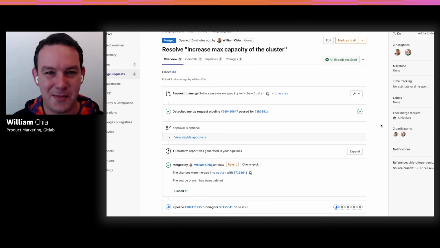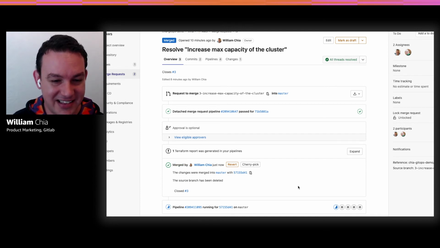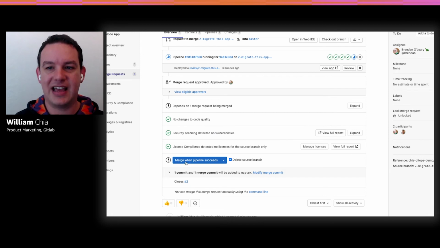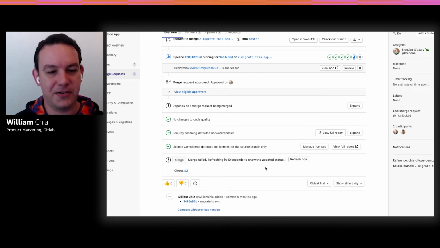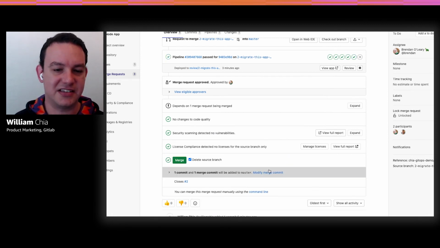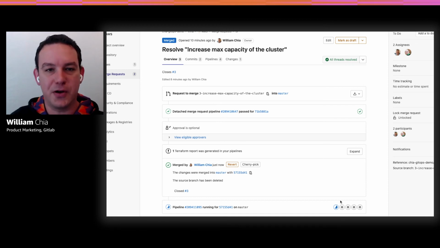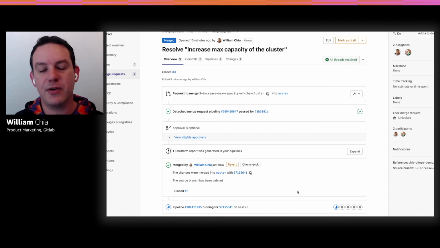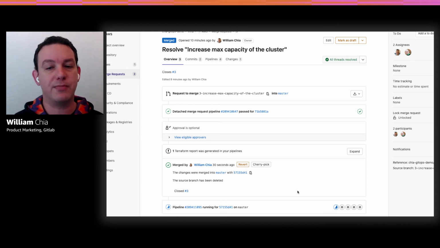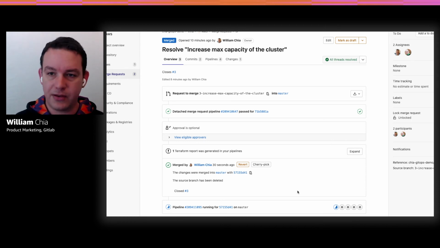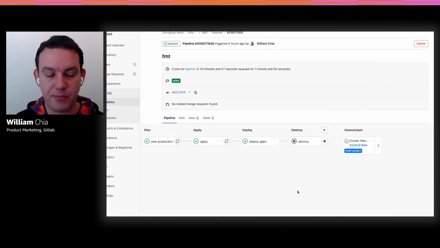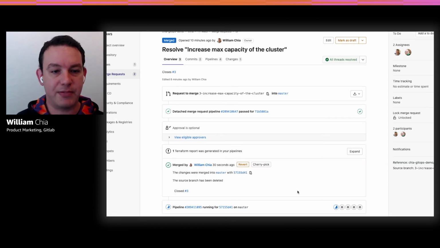This is, of course, still a live demo for AWS. So you can see now that my max capacity cluster has been merged, and we can now go through and do a merge when the pipeline succeeds. But of course, the other merge needs to go through first. All that's to say is you can see the workflow going back and forth. This is going to continue to run a pipeline. And what we want to show you now is what those pipelines look like. So let me first show you the infrastructure pipeline, and then Brendan can go through and show you the application pipeline.